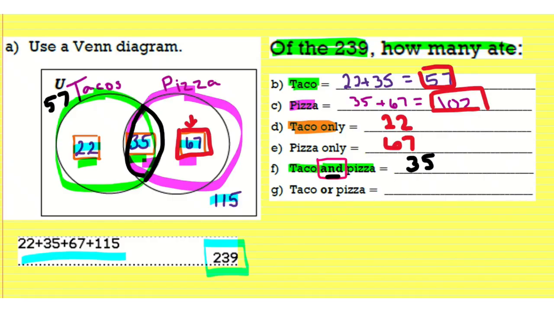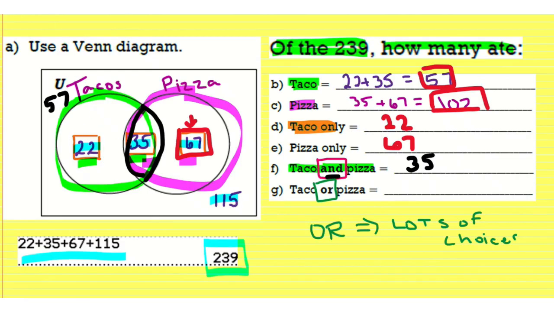Okay, and then here this one says taco or pizza. Okay, so anytime we have the word or, the way I like to think about it is it's lots of choices. Lots of choices if we have or. It's like you can have any of these tacos or you can have any of these pizza. You have lots of choices. So it is actually going to be